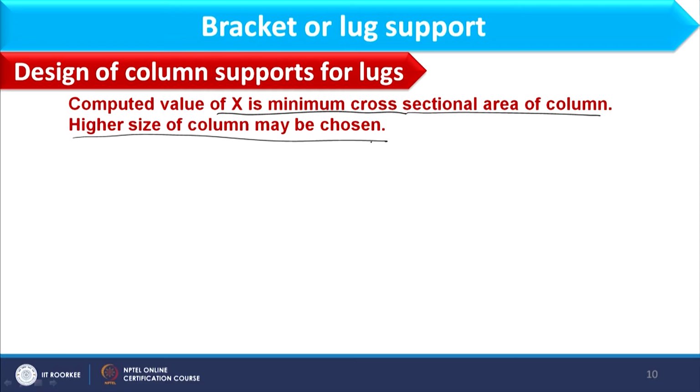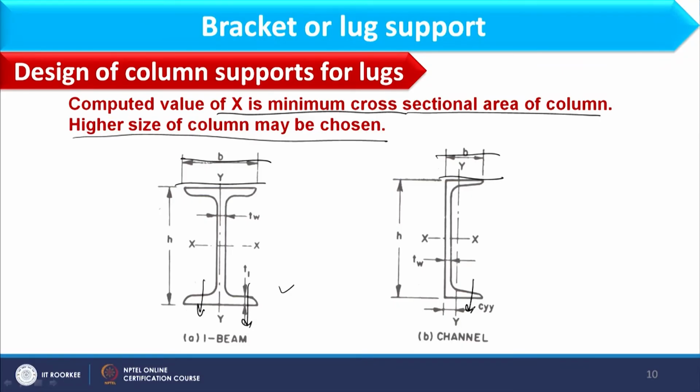We will refer to the standard and see whatever area is available above this, that we can choose as the right column for the bracket to rest. So from where will I get that standard? As far as columns are concerned, we have definite shapes for this, like I-beam, channel, etc. If you consider this image, here we have the I-beam, where this is the structure of the I-beam, and here we have the structure of the channel.